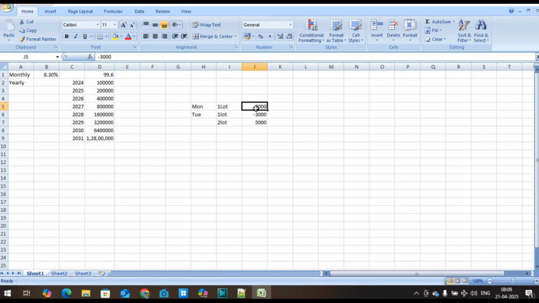But if you follow this process, what will happen? We are recovering 1 day's loss, right? Suppose our winning ratio is 50%. In a month we have around 20 to 21 trading sessions. Let's consider 20 days. In that, 4 days we are not trading, so consider 16 trading days. In 16 trading days, with a winning ratio of 50%,